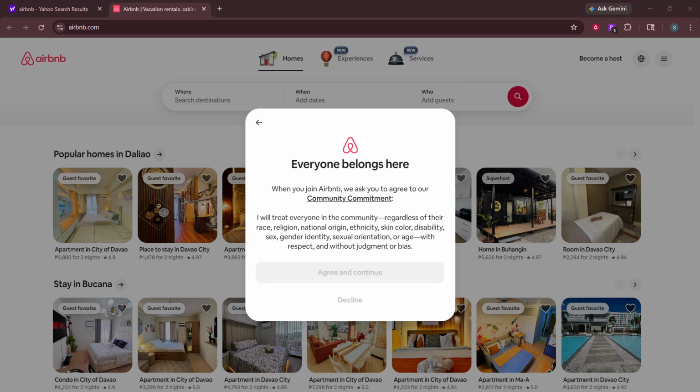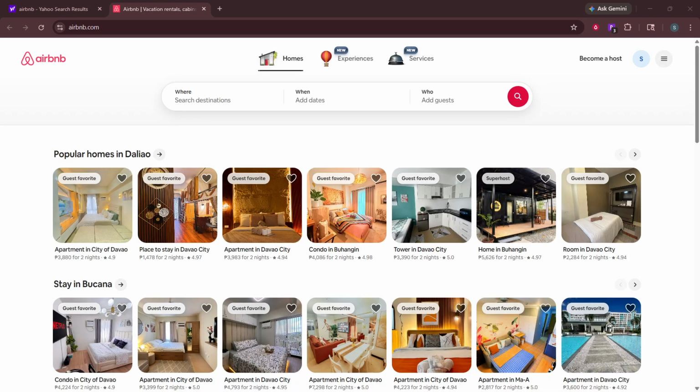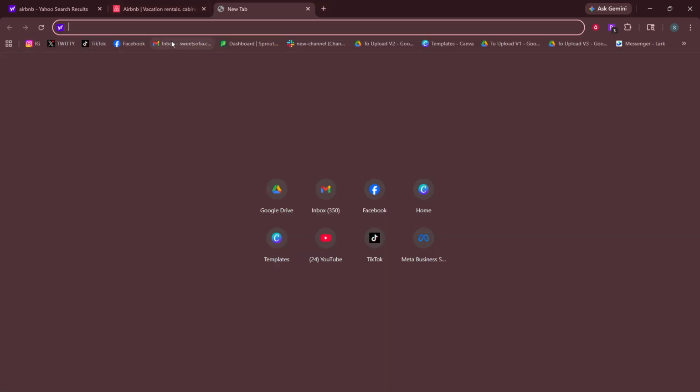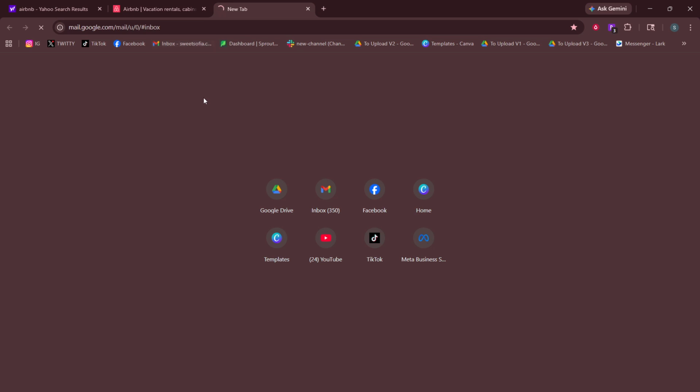Airbnb will now verify your account. A short code will be sent to you by SMS or by email. Open the message, copy the code, and enter it in the verification box. If you don't see it right away, give it a moment, then check your spam or junk folder for email or request a new code if needed. Codes expire, so enter it promptly, then tap Confirm.